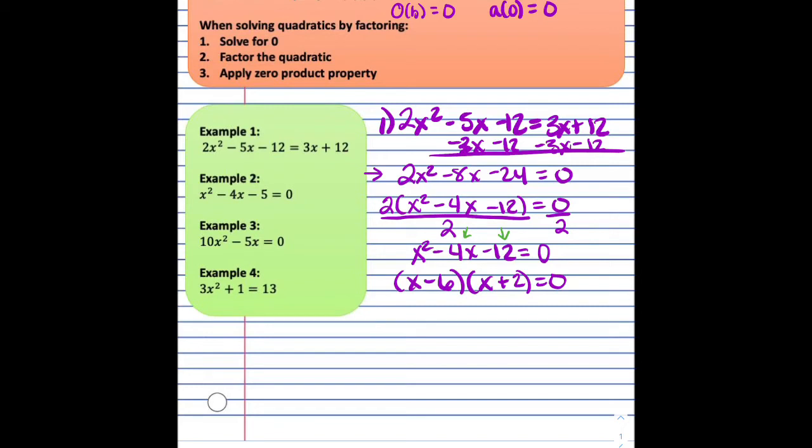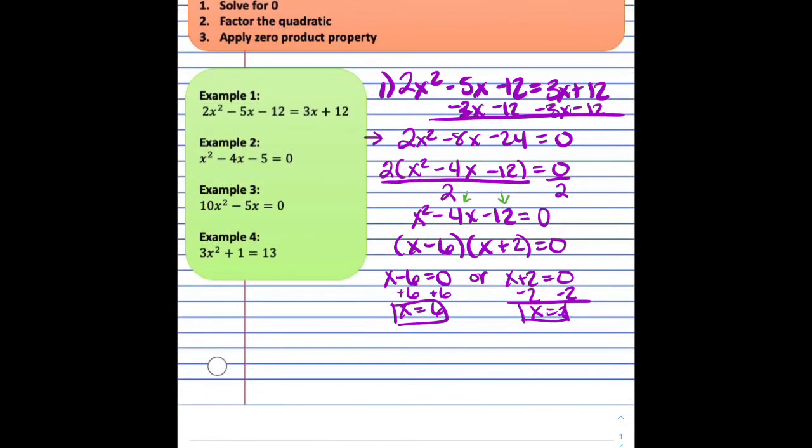Now I can apply the zero product property. Since I'm multiplying two things together and they equal 0, I can say that x minus 6 equals 0 or x plus 2 equals 0. So I can add 6 on both sides, and x equals 6. I can subtract 2 from both sides, and